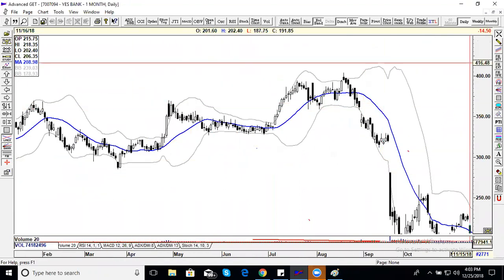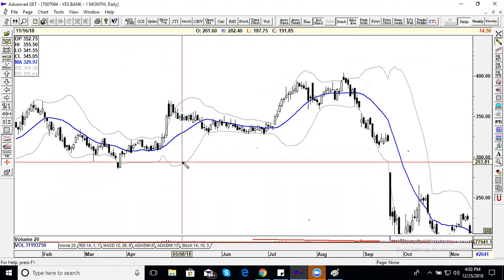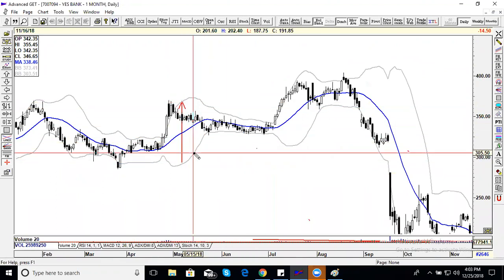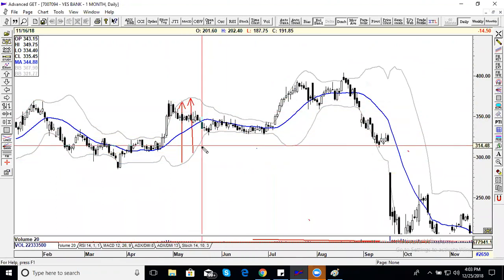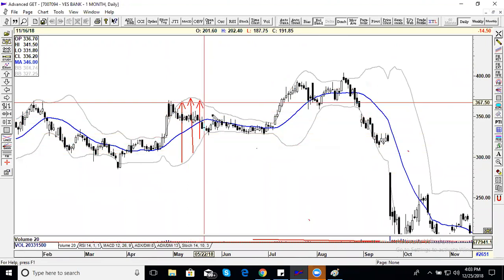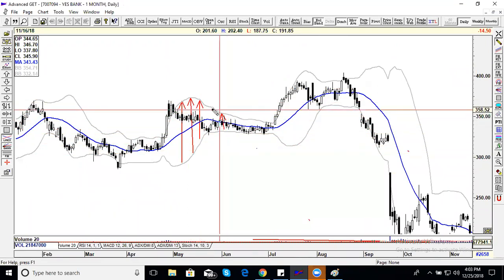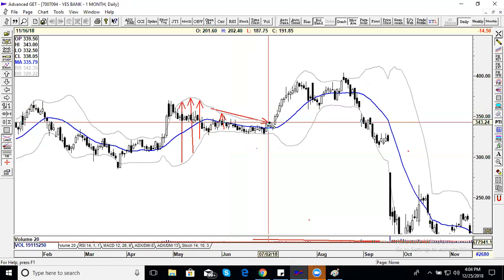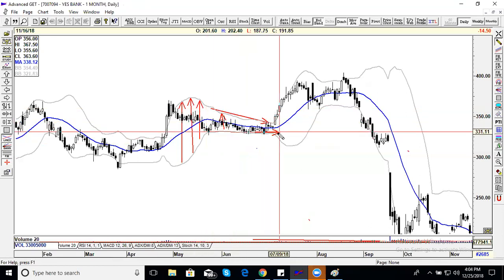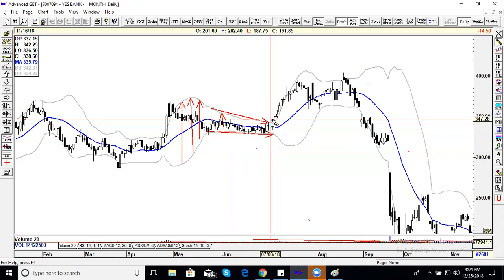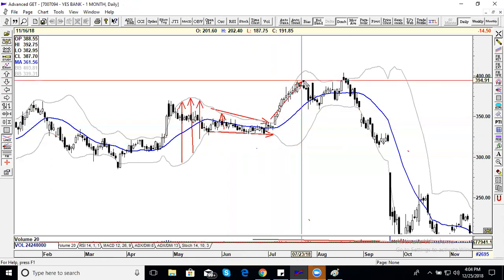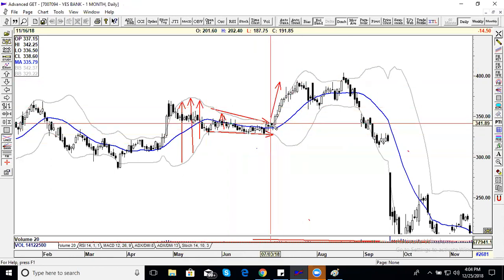I'll show a classic example of a squeeze breakout. See, look at the width between the bands. Wide. I'm just connecting lower to the upper. Look at this. Here, the width between the upper and lower band came very, very close, and then it spurted out, right? This is called a squeeze breakout, wherein the contraction of the bands will lead to the expansion.